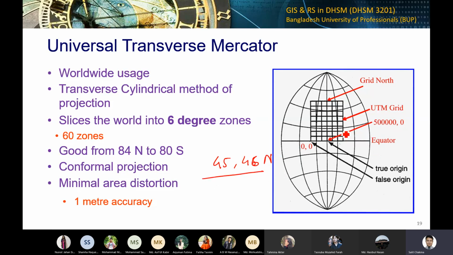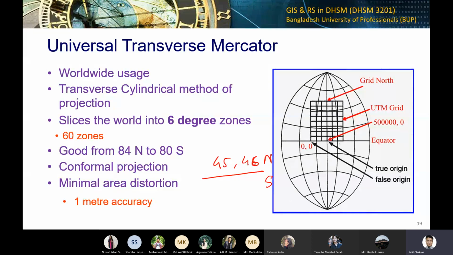Because UTM is also divided by this line of the equator. So we have northern and southern. For the northern hemisphere, it's represented by the letter N, and for south, it has S. So it has different zones. When we combine these zones together, we find the entire UTM system, but still,